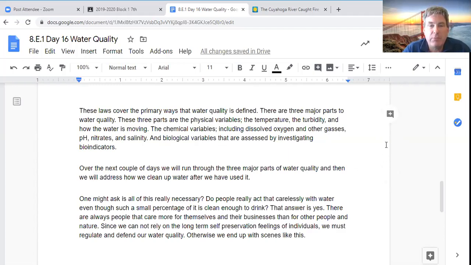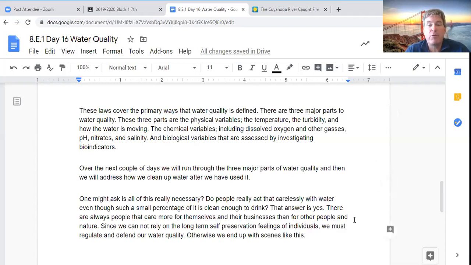So one of the things that we'll keep looking at is Mars, going, all right, we want to send people there. Is there water there? Can we get water there? Because again, remember, water is about 8 pounds a gallon, and each human needs a couple gallons a day. That's a lot of weight just dragging around water to be able to live some way. So water has so much to do with so many things. But again, do you think people really act carelessly with water, even though so little of it is available to drink? And the answer is yes.